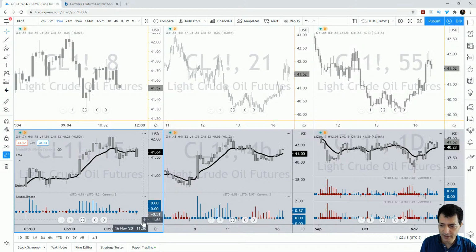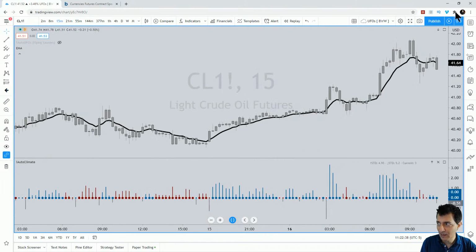So right here you can see how this climate is confirmed to the upside, but wait a minute, because if you are looking at this particular candle, my closing time here is 11 a.m. New York time. In other words, I got 15 minutes delay or something like that in this chart. So why? Because at this moment in time, the way I have it set up, if I'm not mistaken, I am using the free data from